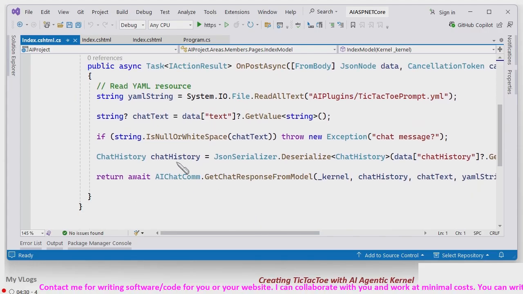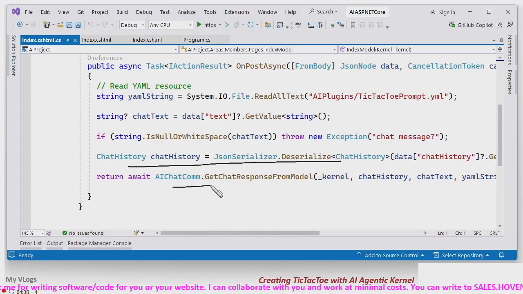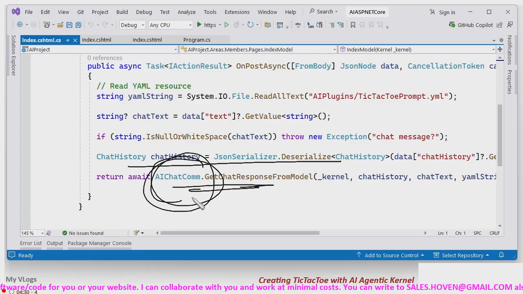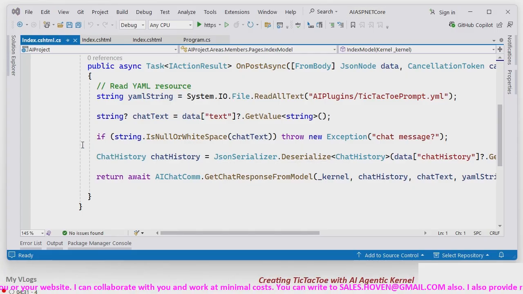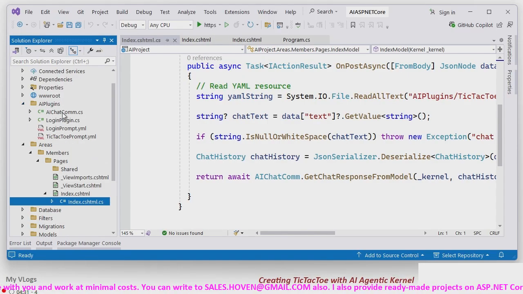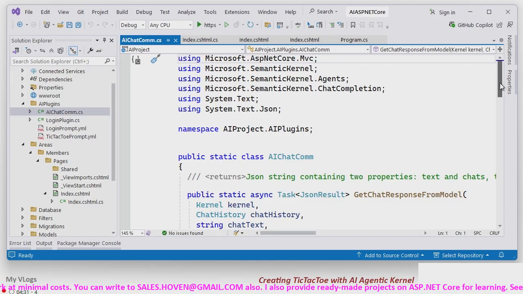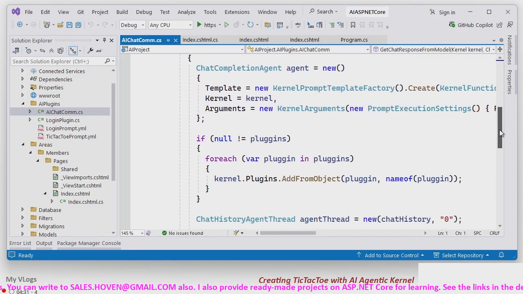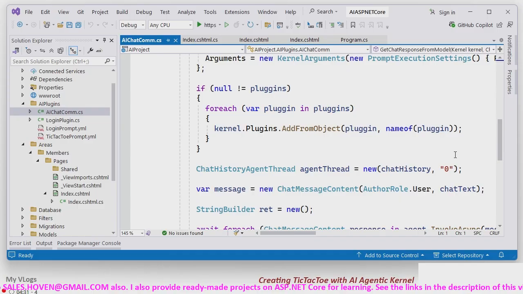This code has been explained in the login part also. You can refer there also. AI chatcom, the same AI chatcom is used here also. The same class. The only difference is that we have added